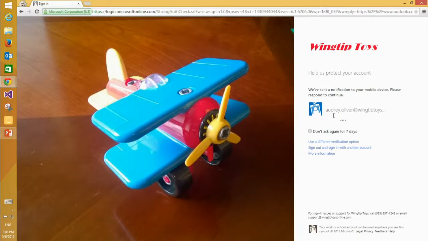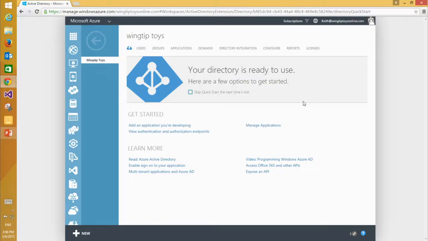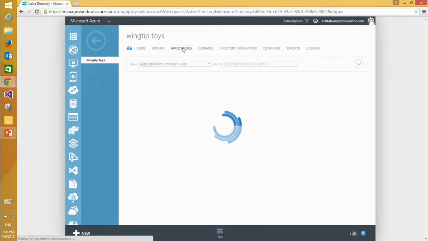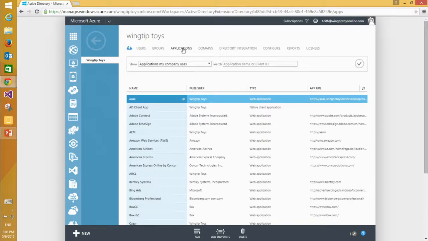So, we do the math. Why do we really need to require multi-factor authentication on Audrey's account? Well, we really need it because Audrey has access to some sensitive applications. Which applications are sensitive? Audrey is in marketing. She has access to Salesforce customer partner data, that one. She has access to an on-premises application, which happens to be her timesheet. It's personal information, we have to protect that one. And she also has access to Twitter, and let's be serious, Twitter is pretty sensitive. So let's take a look at them.